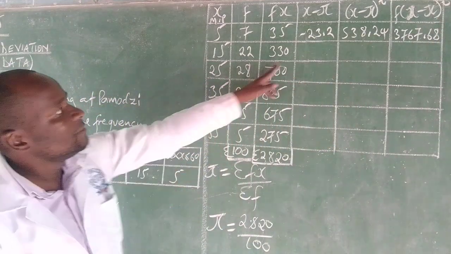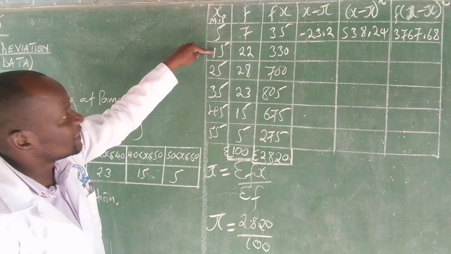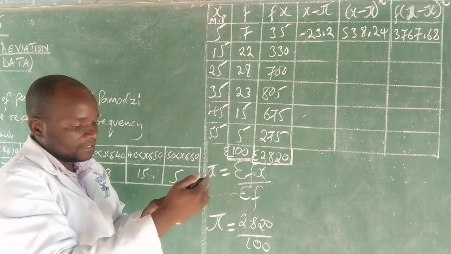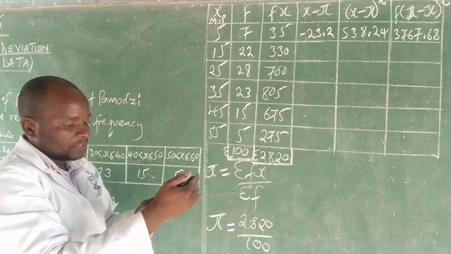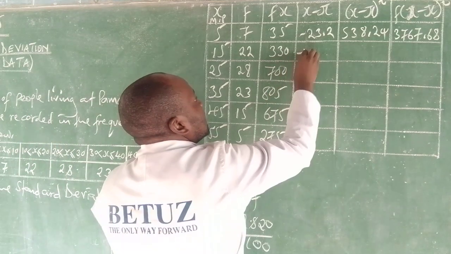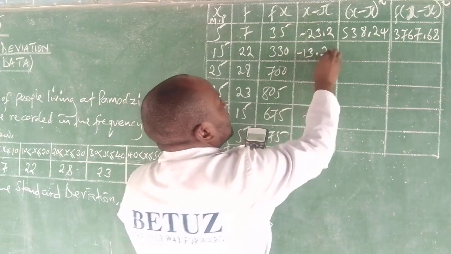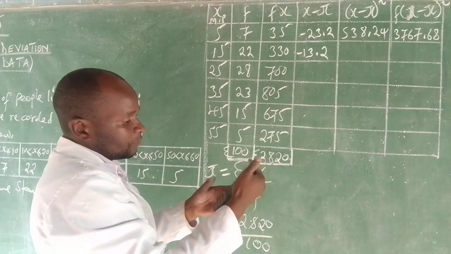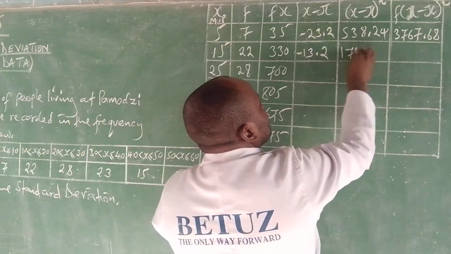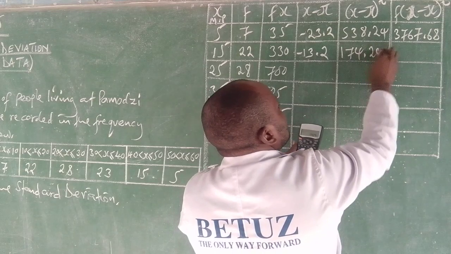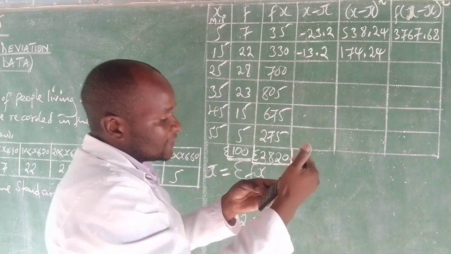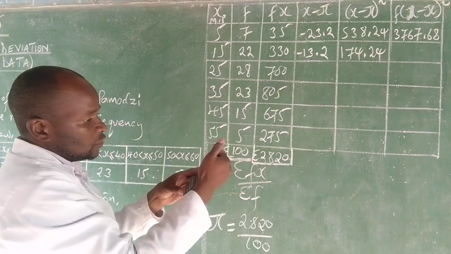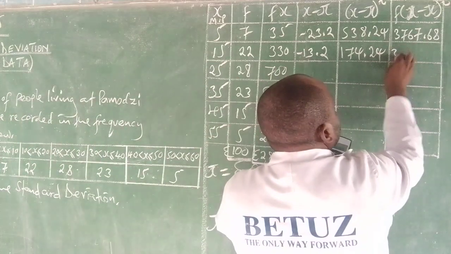Now, coming back here, we have 15 minus the mean. 15 minus 28.2, we are getting negative 13.2. We square it, we are getting 174.24. We multiply that by the frequency, which is 22. We are getting